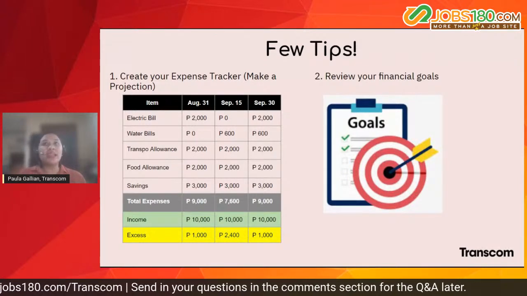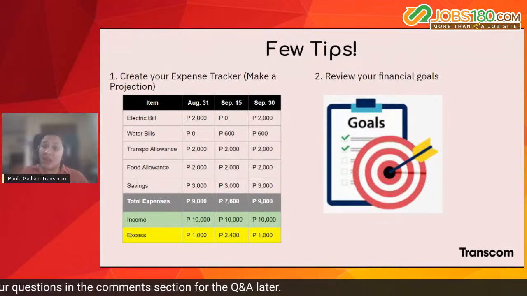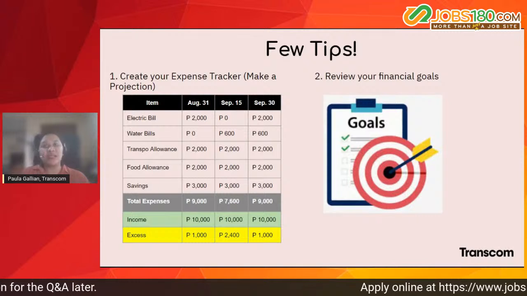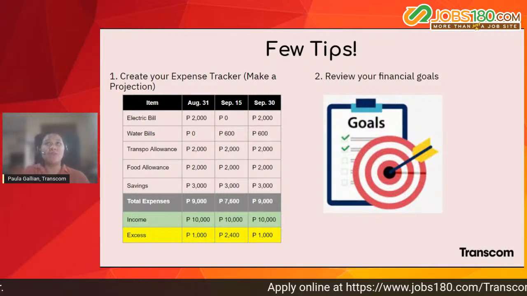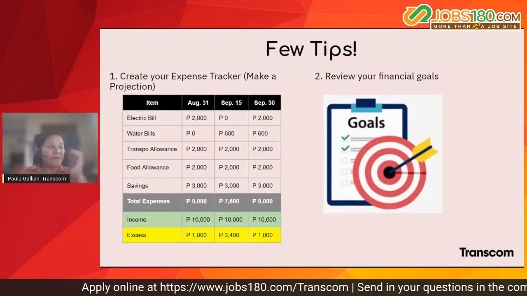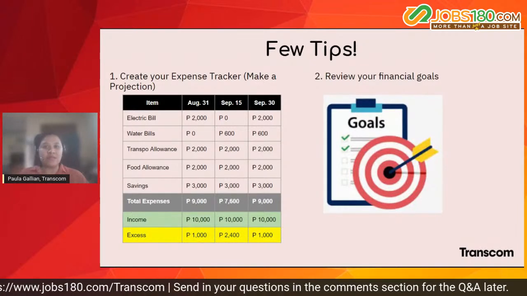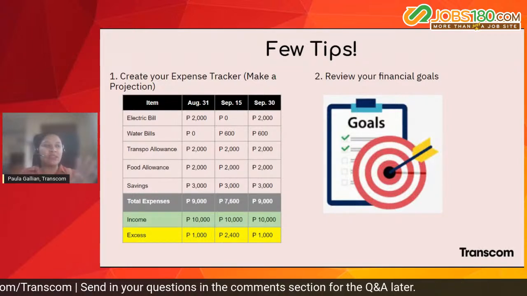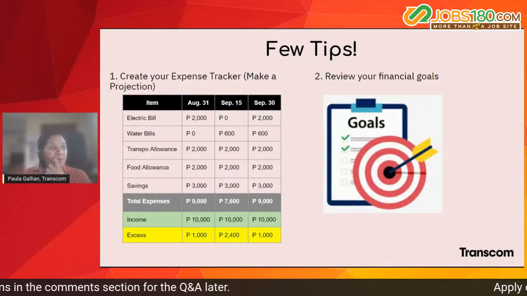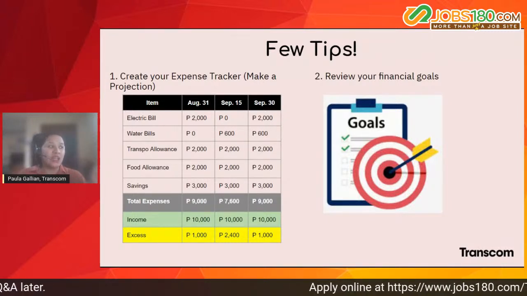The reason why I included the savings already is that it's an expense you would already have, and it would have a return in the future. So if you are goaling, like for example kanina, you should have about 60,000 by the end of the year. So for example, you're saving 6,000 on a monthly basis for you to be able to have like 70-ish by the end of the year. So by then, you're able to reach your goal, and at the same time, nabawas mo na siya